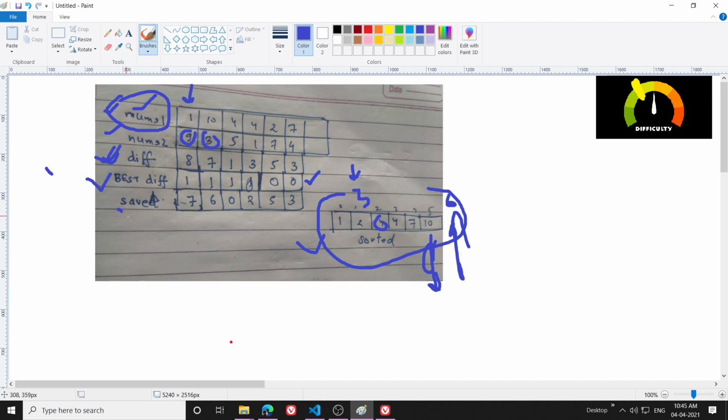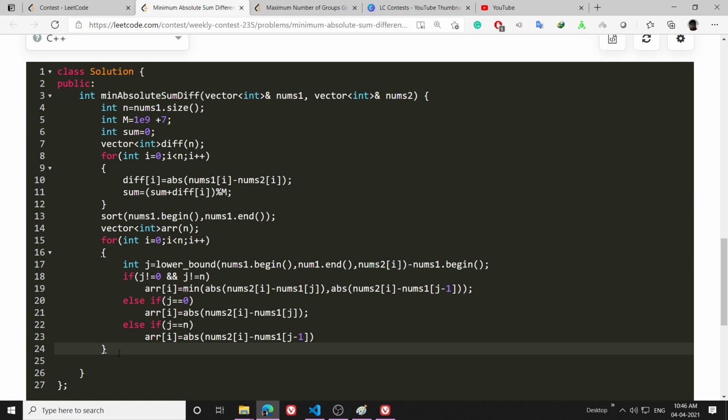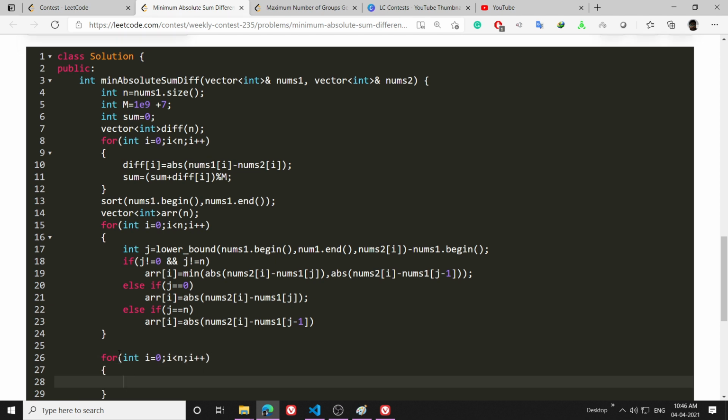Now I have to calculate the best savings. For this I will write one more for loop: for int i = 0; i < n; i++, and I will make another variable, best save, equal to 0 initially.